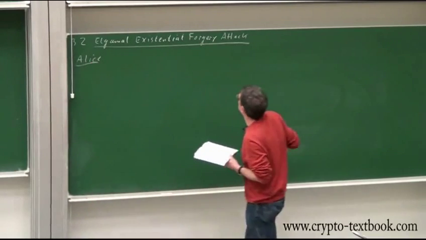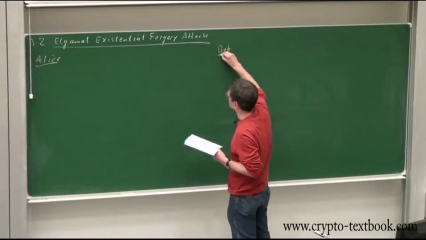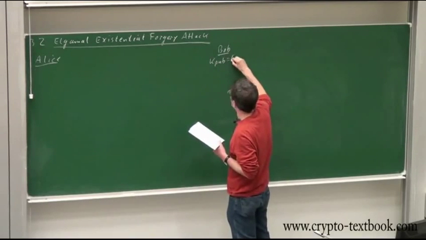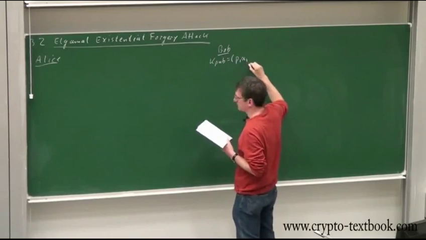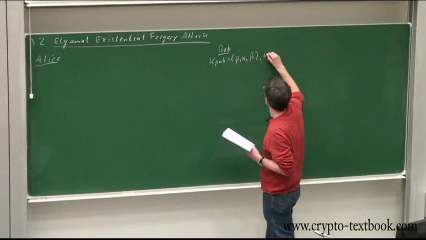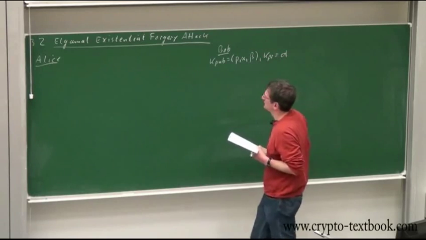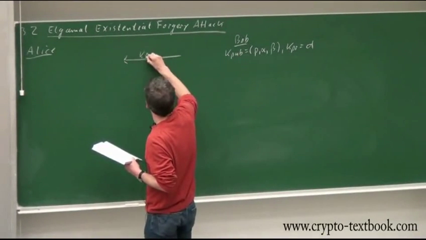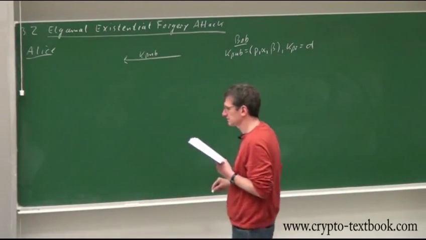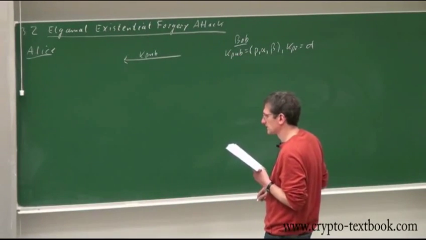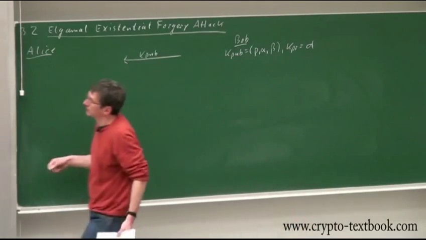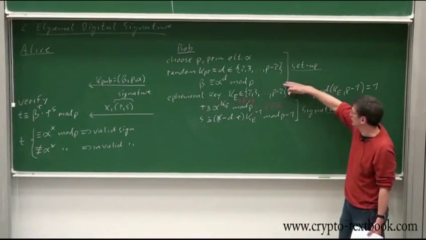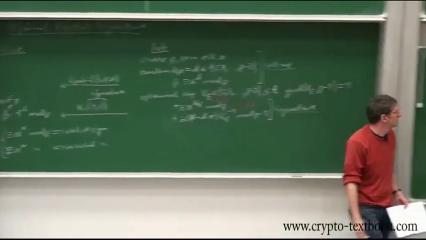So we start with our two personae, Alice and Bob. Bob has K public, which is a triple p, alpha, and beta, and the private key D, and Bob distributes this key. Okay. And now what he then normally does, he does all this stuff here, right? So this was the setup phase. And then what he also does, he does assigning here. Okay, and now we're going to show,